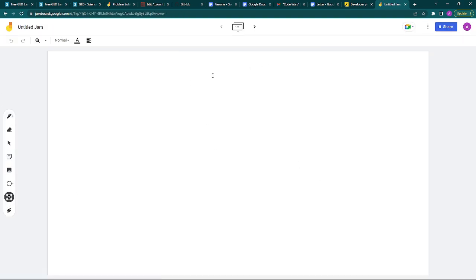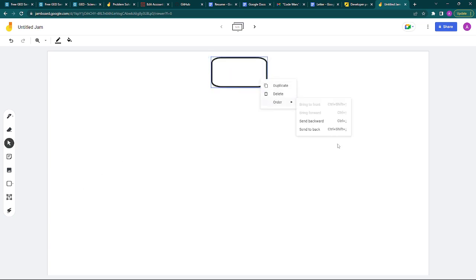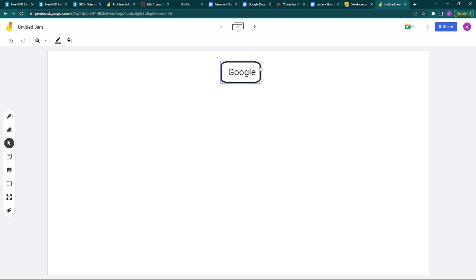So for Google, let's just set up Google. So, what to do with Google. Now, I like to put these things around them. Then you do order, send to back. You can reshape it, move it around. Doesn't have to be perfect, and that's why I love Jamboard. So you just throw it up there. It's an idea there. So Google,